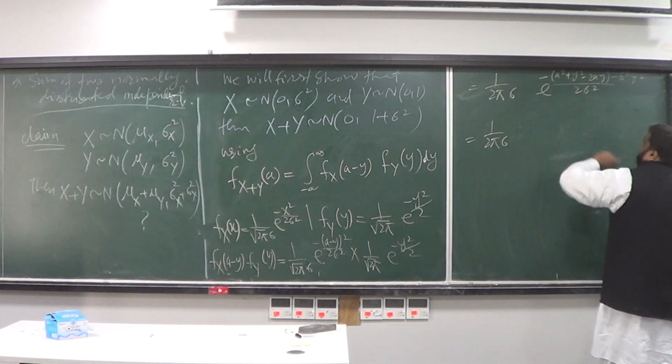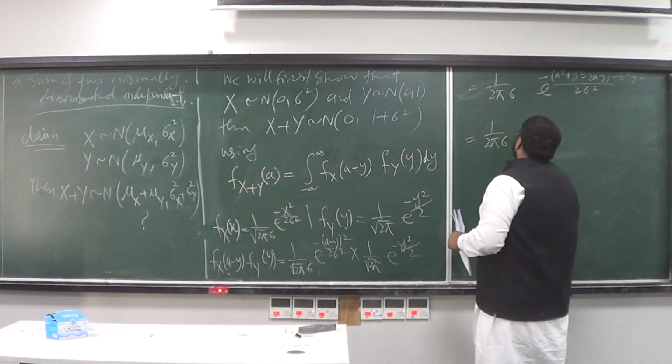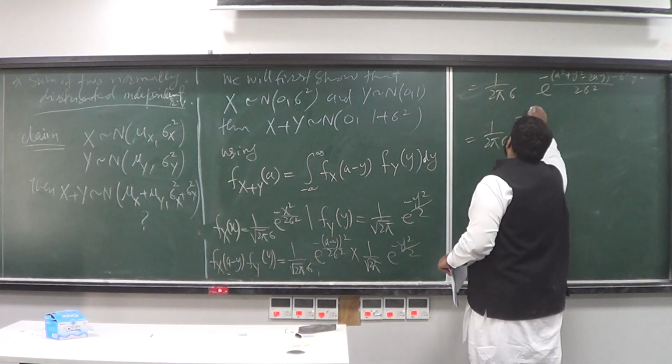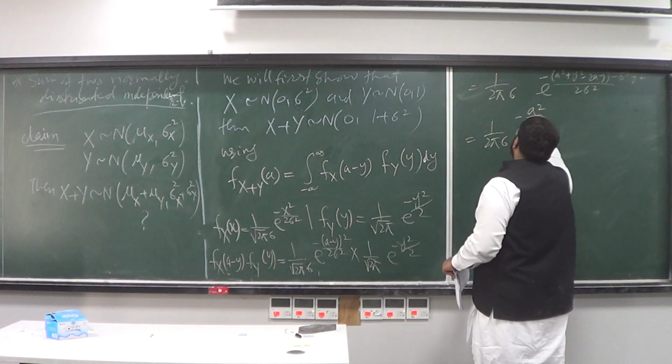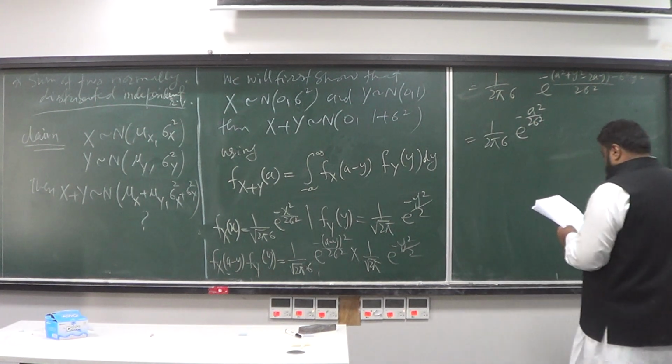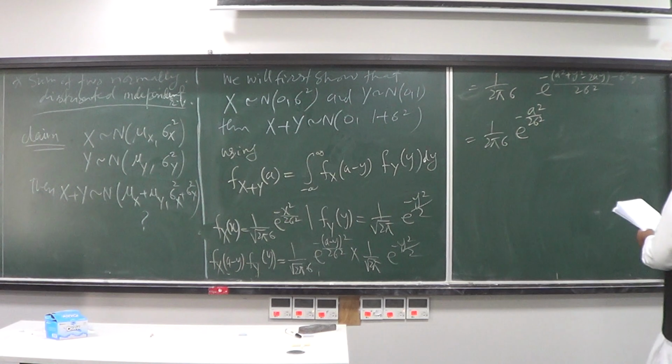So if I wish, I can separate it. It's going to be e to the minus a square over 2 sigma square. This is what you're going to get, and